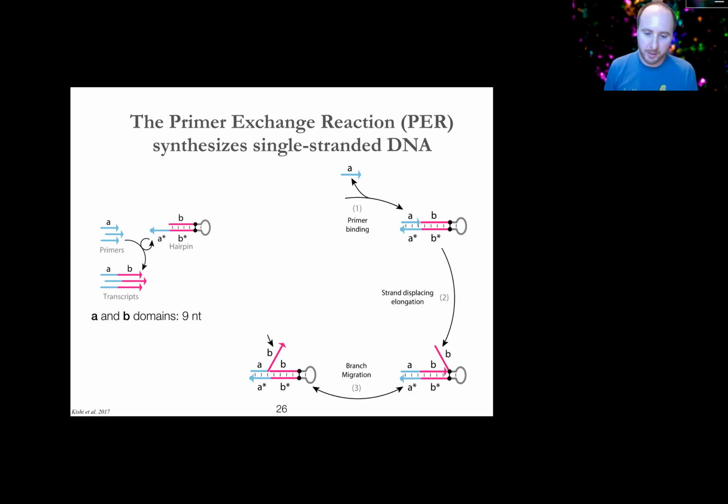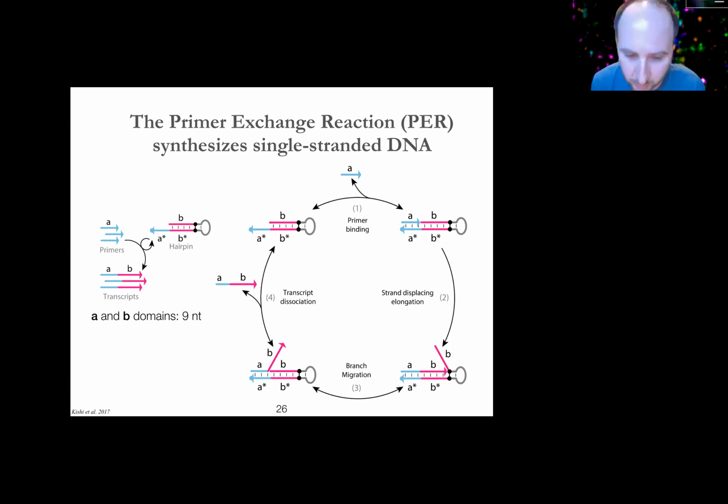Because similar to DNA paint, we can program the kinetics and thermodynamics of these interactions. We deliberately make the A A star pairing quite transient. So just by spontaneous dissociation, this AB chimera that we've just made will just diffuse right off and float away. We've done one synthesis cycle at this point. So the B hairpin's free to initiate another synthesis cycle somewhere else, and we've now added the B domain onto A. Okay, so that's a PER reaction.